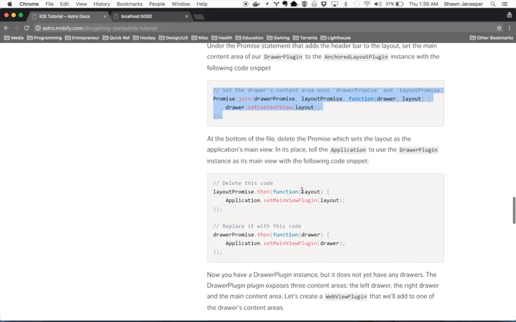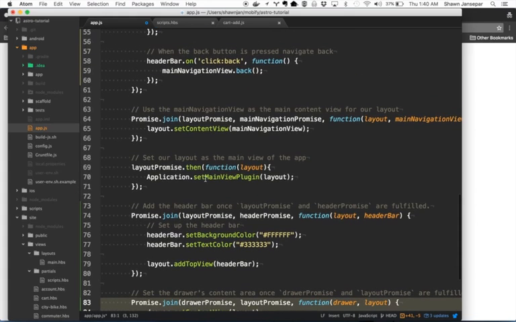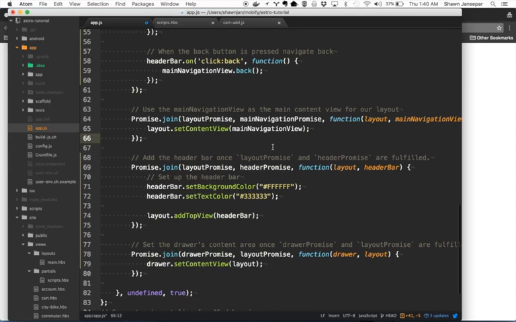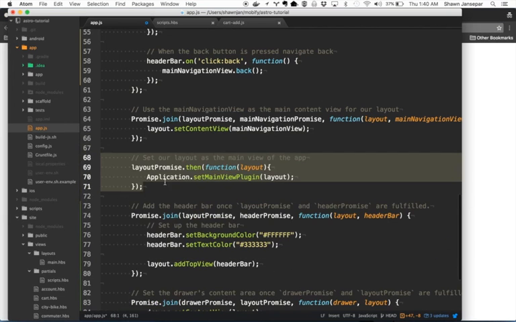And we're going to want to delete the code that sets the layout as the main content view. And instead, we're going to want the drawer to be the main content view. So you'll notice here we have this application.set main view plugin method. That's the thing that says, hey, give me the root view that you want to render for your app. We're just going to delete that because we no longer want that to be our layout plugin. And instead, we're going to replace it with this. So I'm going to undo and